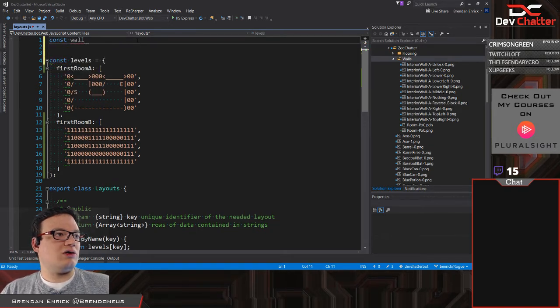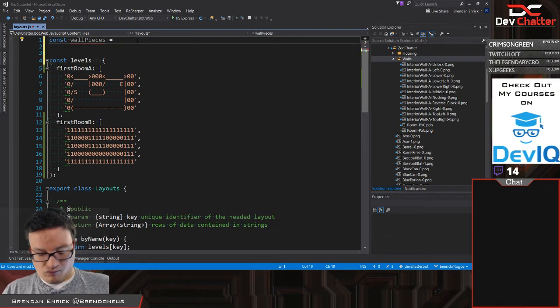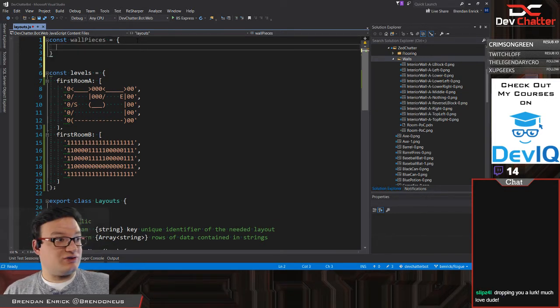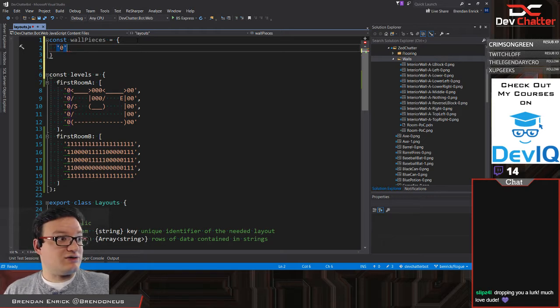const wall pieces, and make this an object that has those values, like a 0 is